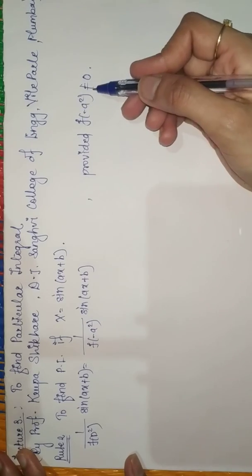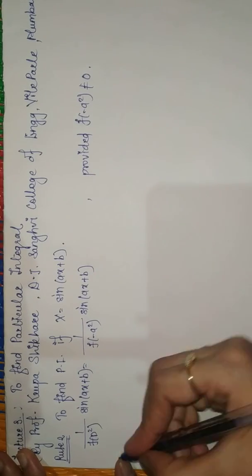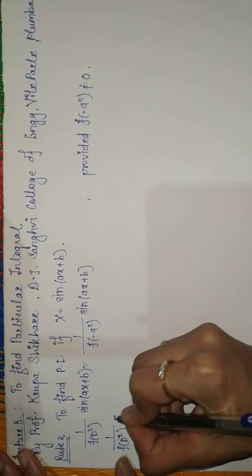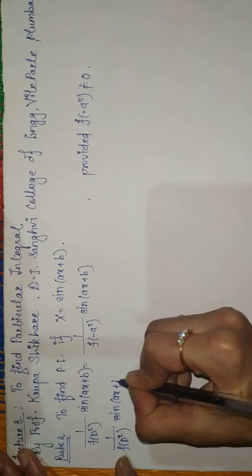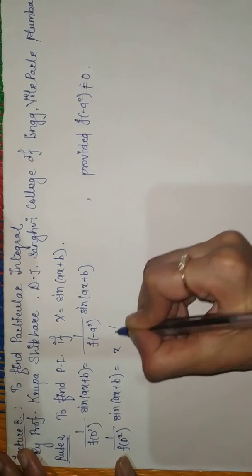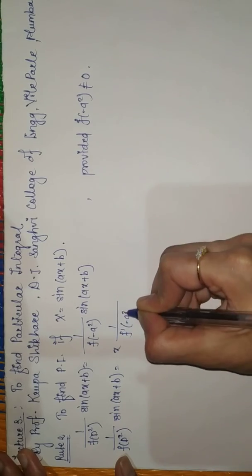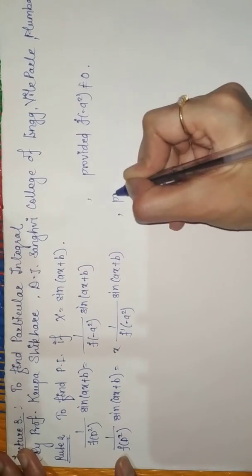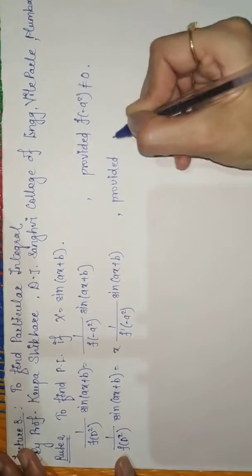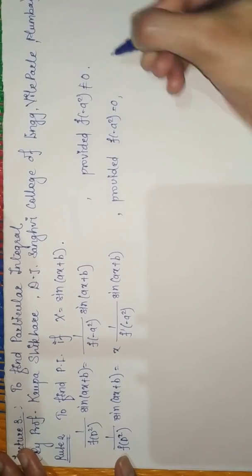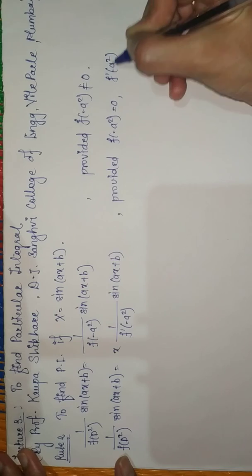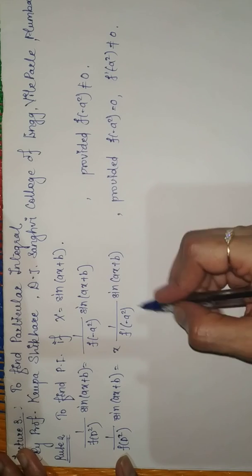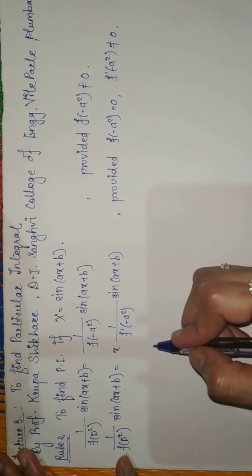So if it is 0, then on the similar line as we had done for the e to the power x, what we'll do? 1 upon f of D square sine of ax plus b is multiplied by x into 1 upon f dash of minus a square sine of ax plus b. Again the condition is provided f of minus a square is 0, but f dash of minus a square is not equal to 0. On the similar line, if this is also 0, then we will multiply one more time by x and then take the second order derivative.